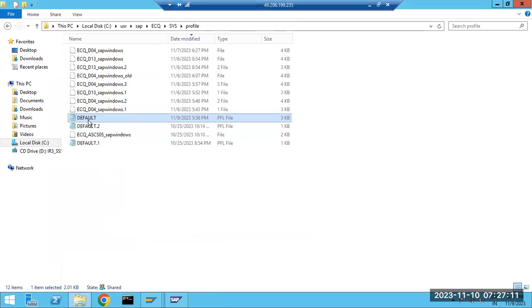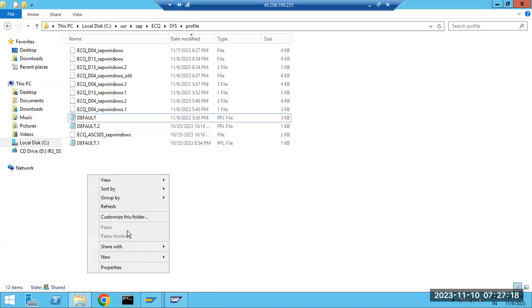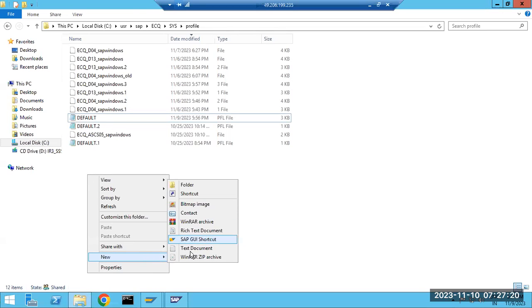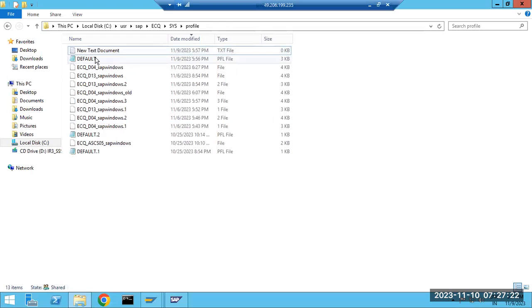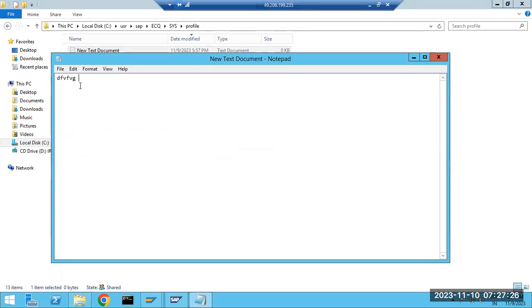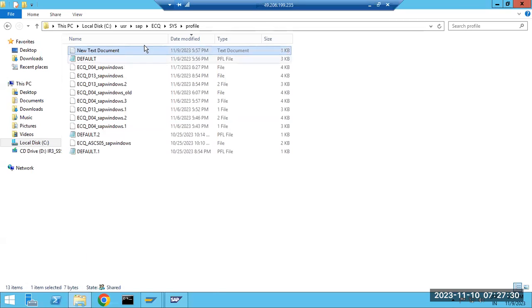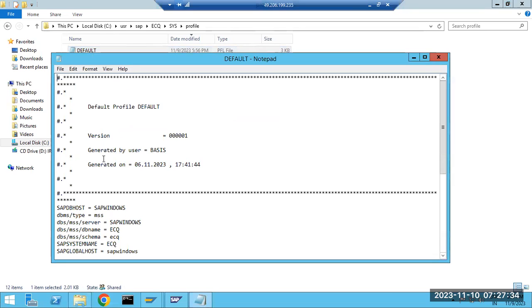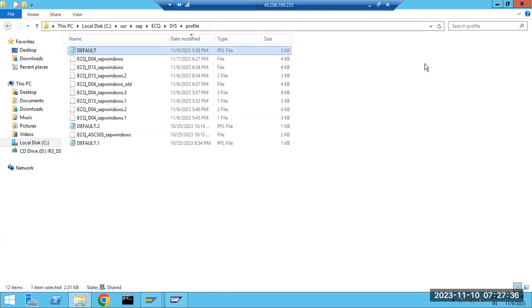Saving the file is the same; you know how to save files. Normally, if you have done changes in a text file in Notepad, such as adding a profile entry, you just click on the save button and it will be saved. In the same way, here also we can save it. Save it one time, then restart the system, and it will take effect.